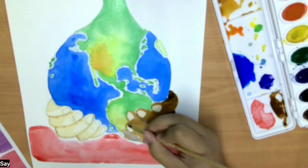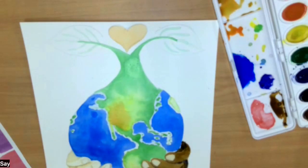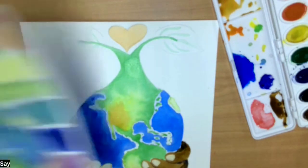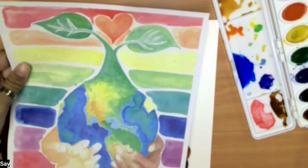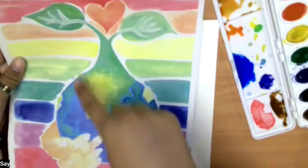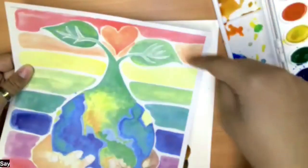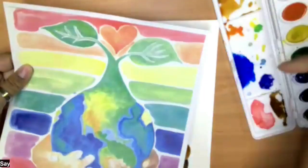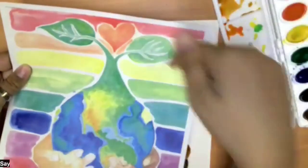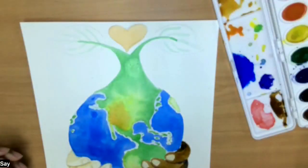And it's messy and cute and fun. And those are the two hands. I have no time, but yeah, so we're not quite there yet, but I hope it's clear. And the same technique that we use to go around the consonants here is the same technique I used to do the green on the leaves here. So I just went around the veins of it to keep the veins light, but to keep going with the green. So yeah,